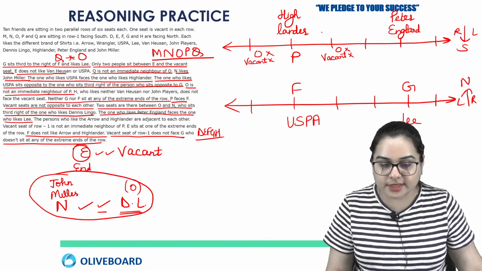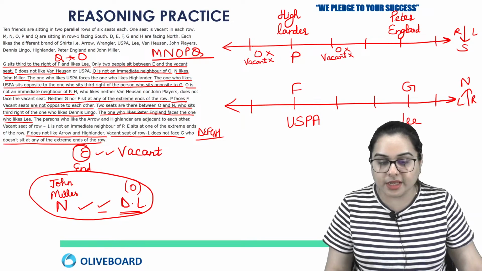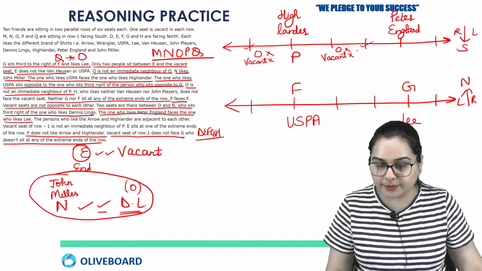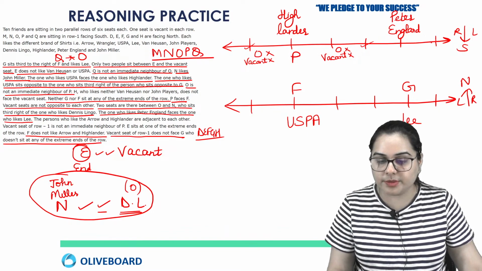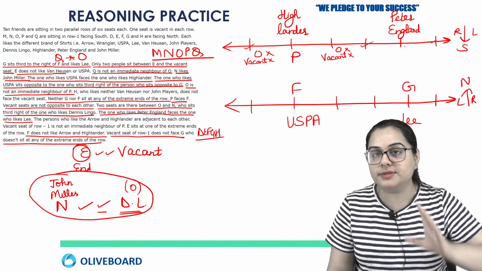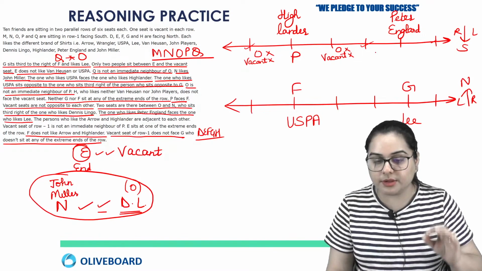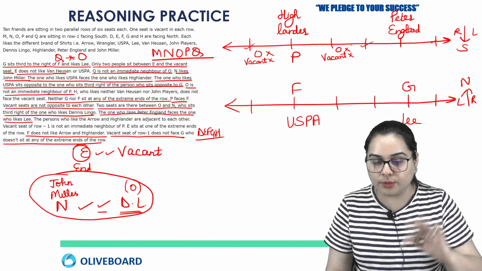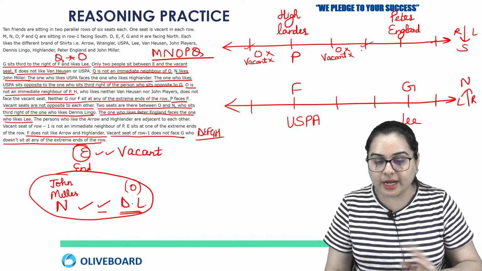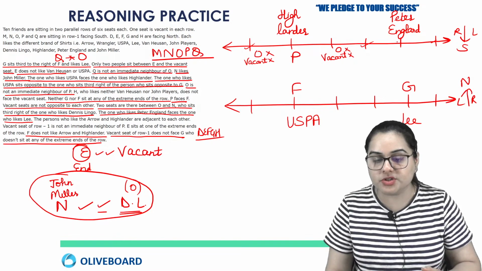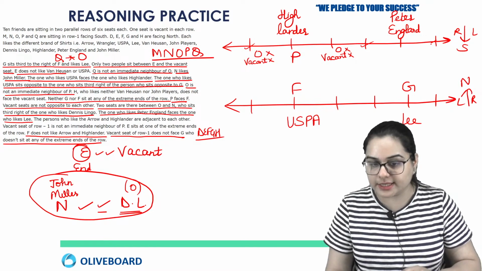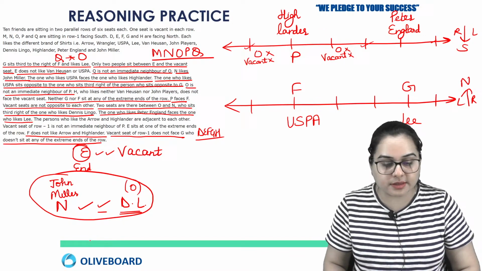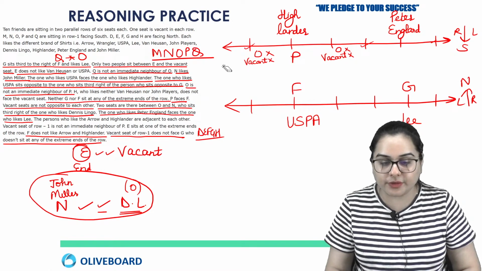Now this we understand definitely, because here if I write John Miller on the first position and this O will be written here, then the vacant position will be written here. So that will not be able to solve the question well. Because what he says is that John Miller and O will be written like this, and then where can I fill the vacant position? The vacant position will be filled in the last, and then we already have to write Arrow with Highlander, okay? So this will not be possible for us, right?